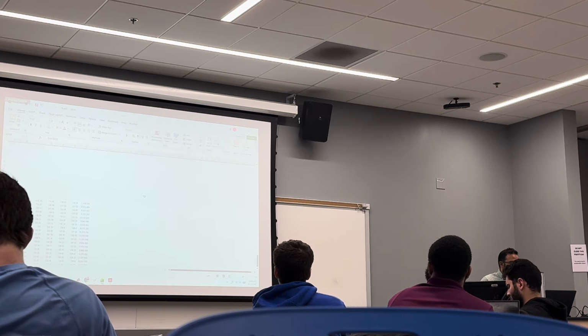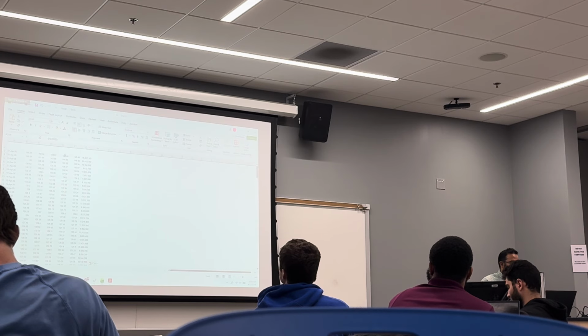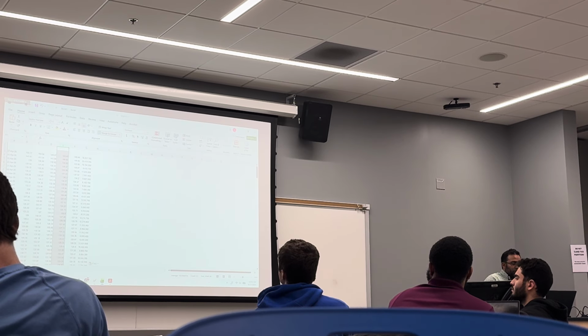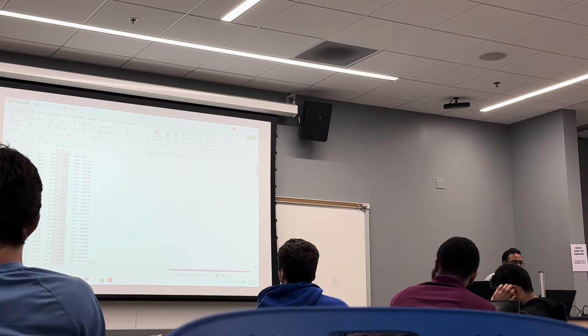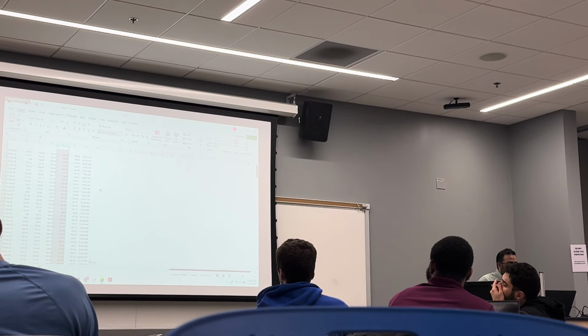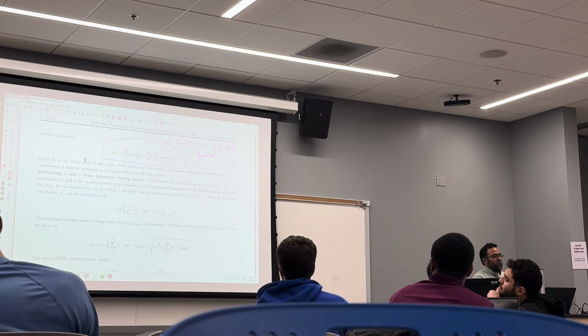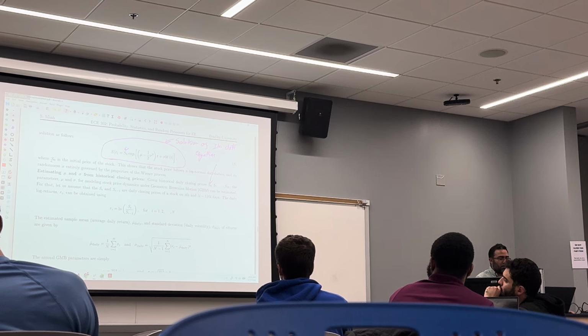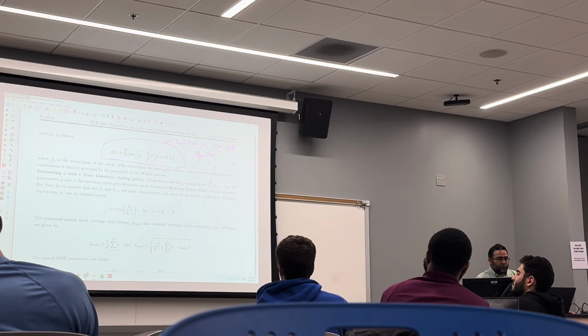Focus on this column, which is the daily closing price: 149.46, 148.85, and so on. I denoted this daily closing price with S_0, S_1,